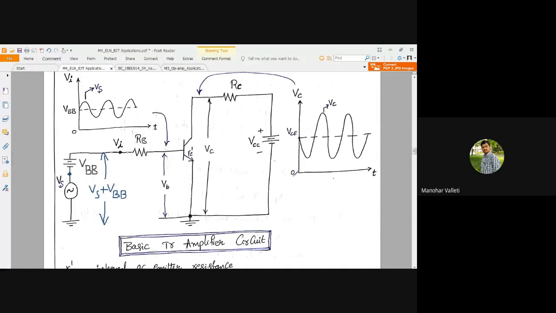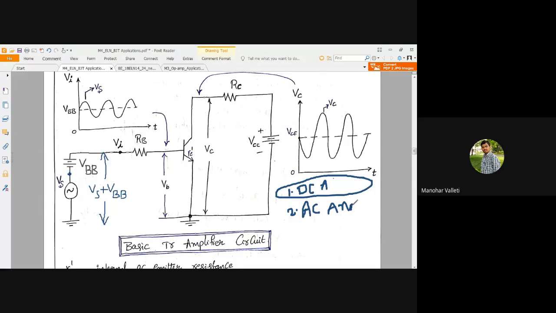Now the circuit has to be analyzed. We need to follow two methods. One is, first we need to see the DC analysis, and the next one is the AC analysis. DC analysis tells whether the given circuit's Q point is properly maintained or not, or whether this transistor is properly operating in the active region or not. That will be seen with the help of DC analysis, and we saw it in the previous discussion. And for this circuit, we now need to see the AC analysis.